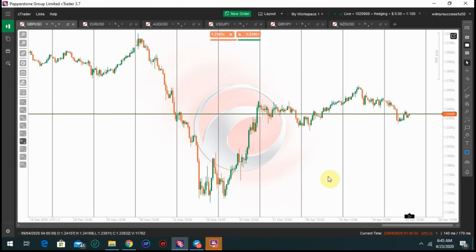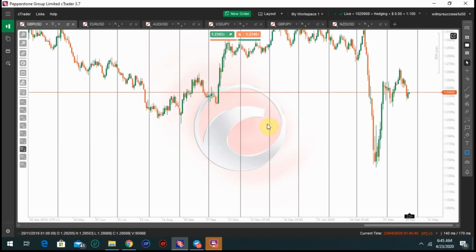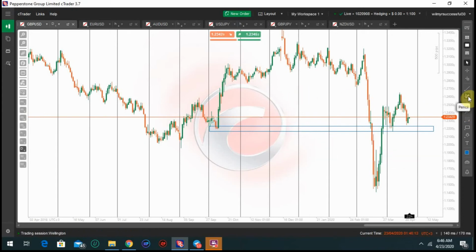So I have to mark first the support and resistance. So let's begin in daily. Okay. All right. So this is the daily support and resistance. So we can see that this area is an important area to trade. So this is a zone to enter a trade, either selling or buying. Just like, for example, if the market will move like this,